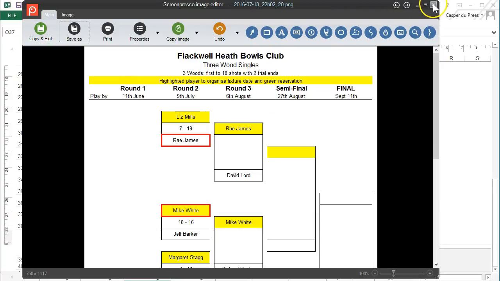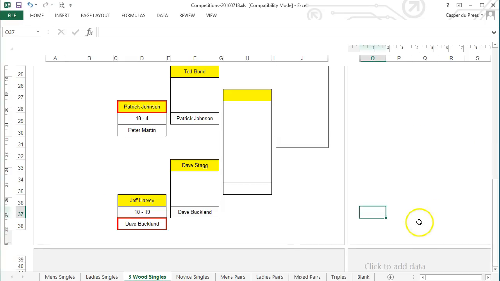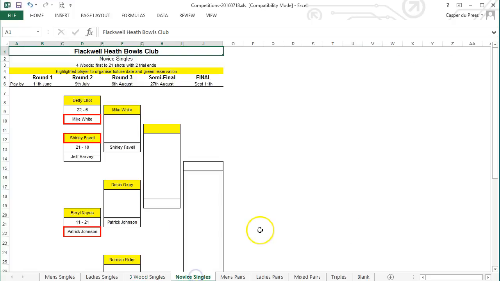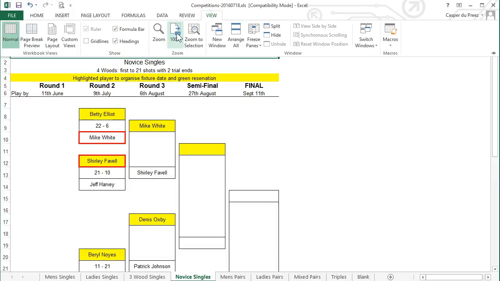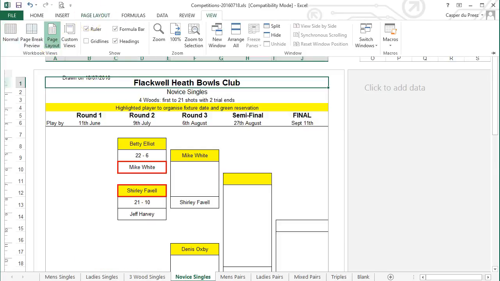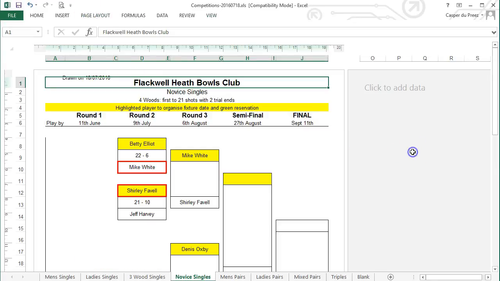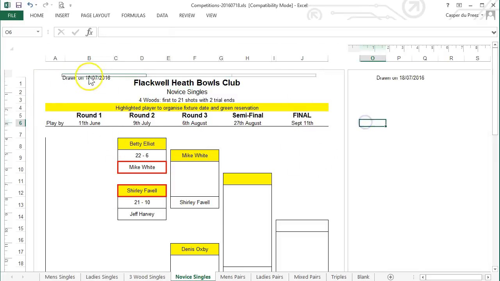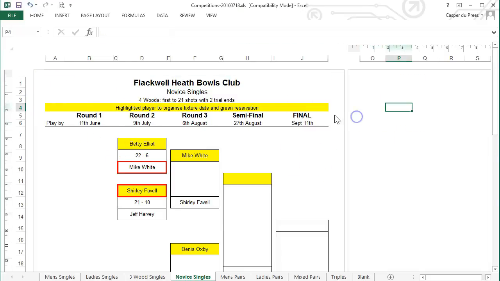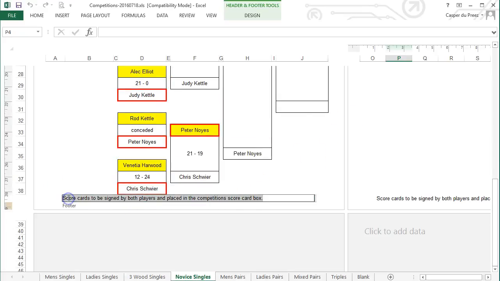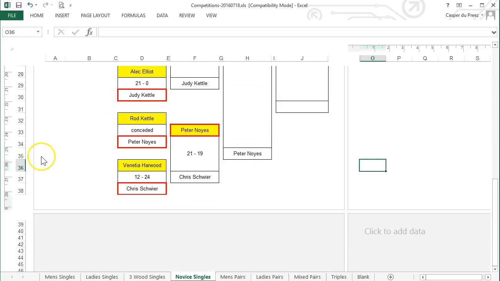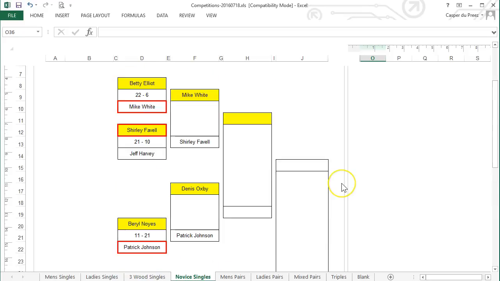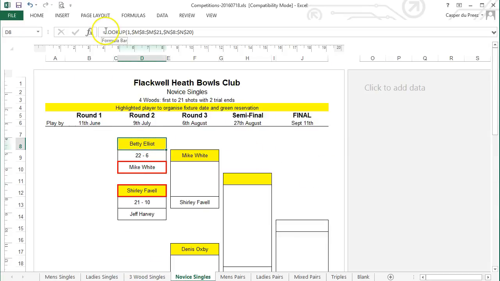very easily. Right, once that is saved, I then go on to the next tab, the Novice Singles, and I do the exact same. I change the view to 100%. I then change it to page layout view. I remove the print area. I remove the text that I don't want. Give the image a once over, or the tab a once over. Make sure everything is okay before I proceed to capture